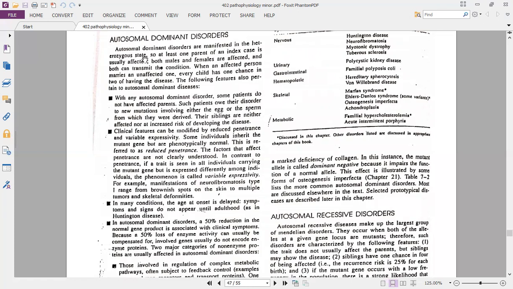So anyhow, autosomal dominant disorders are dominant disorders, which means that having even a single allele of this particular gene will cause the disease. So a person who is heterozygous for this trait, a dominant disorder, will be suffering from the disease because the person has that dominant allele. A single allele is enough to cause that disorder.